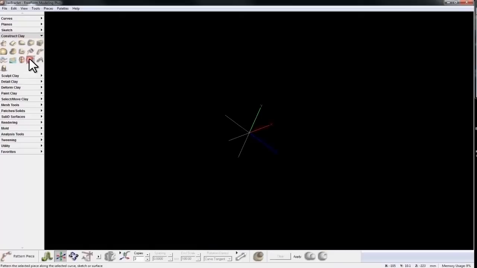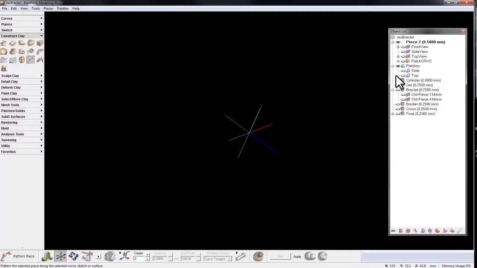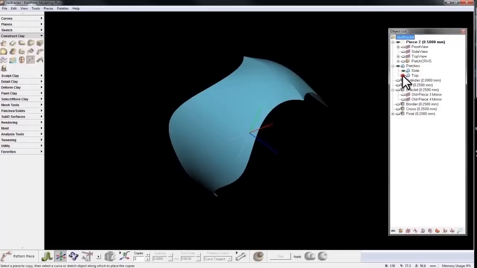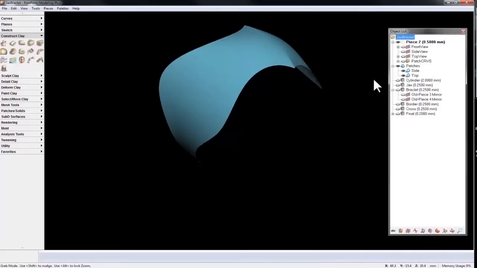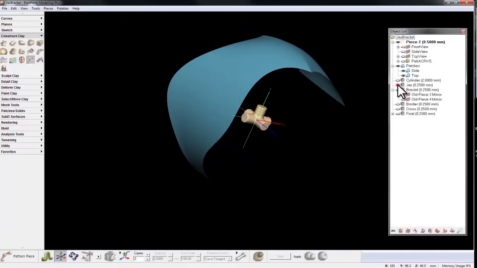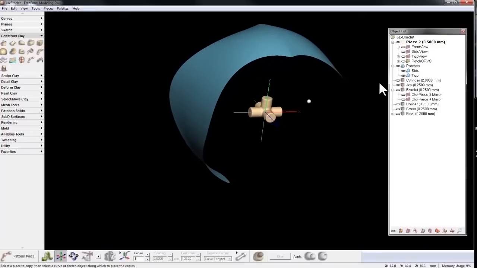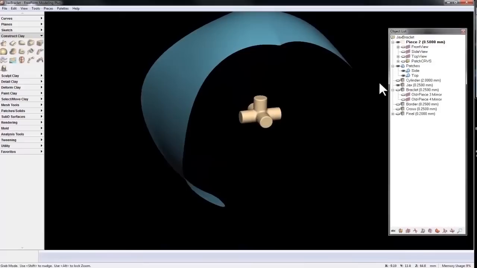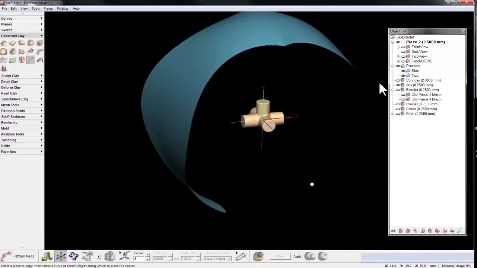In this first example, I'm going to showcase the Pattern Piece's new functionality using NURBS surfaces. So if I open up the object list, you'll see that I prepared these two NURBS surfaces to work on. This functionality uses the UV positions, or UV curves, within the NURBS patch to pattern the piece. And now I've also prepared this piece of clay that I'm going to use to pattern along this patch. Now I chose this piece because it shows each of the axes. I chose not to show the bottom axis going down so you could see the difference of the orientations as